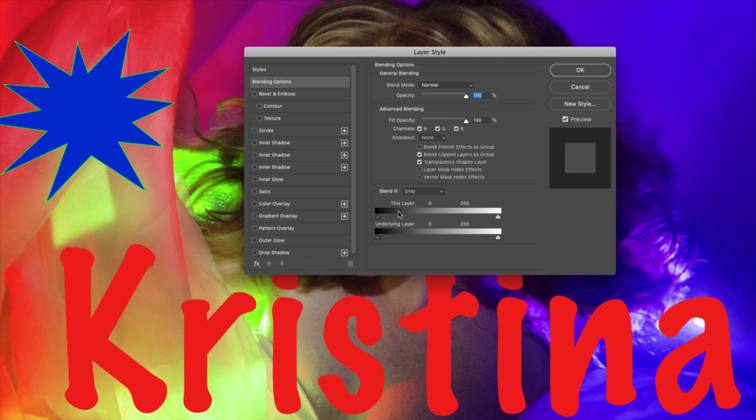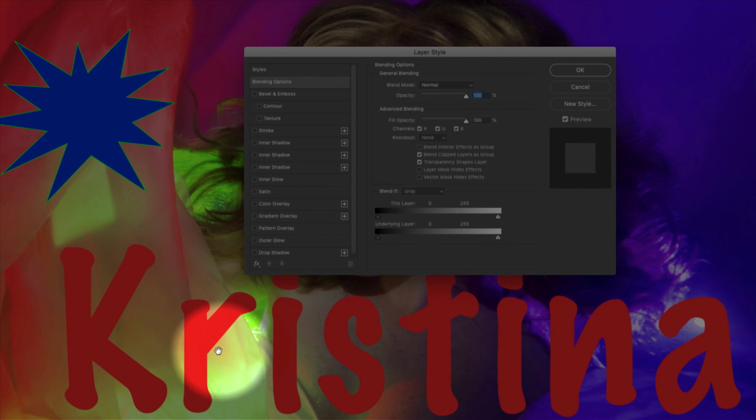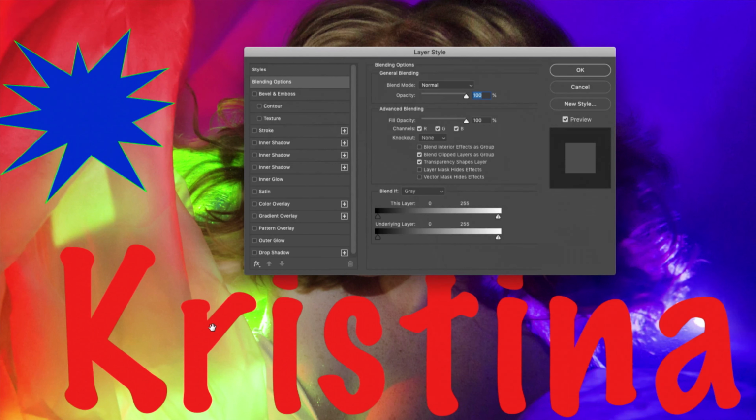So the layer that we have currently selected right now is our Christina text layer, right? The Christina text layer is one color, it's just red. Okay, so instead, what I'd like to do is play around with the sliders on the underlying layer bar here.